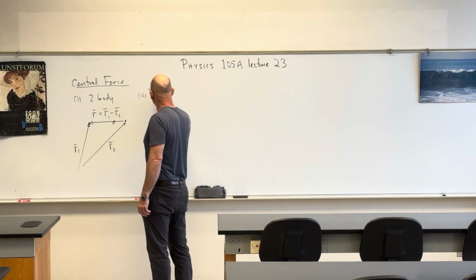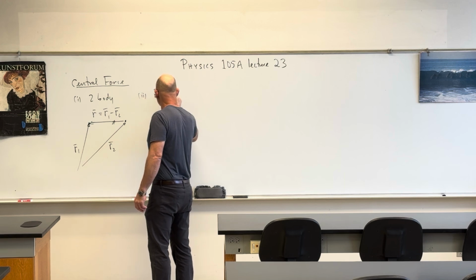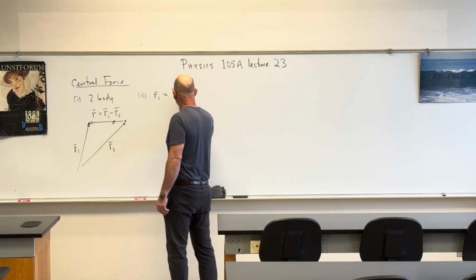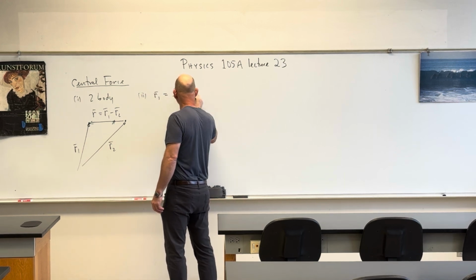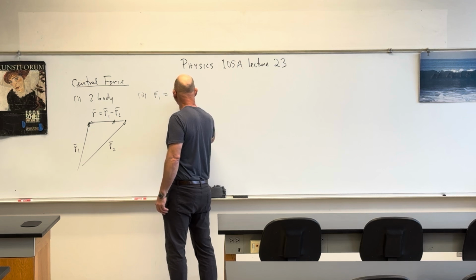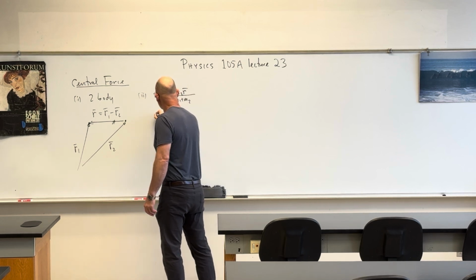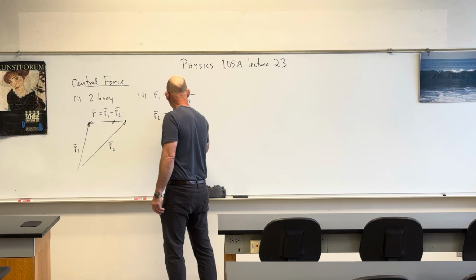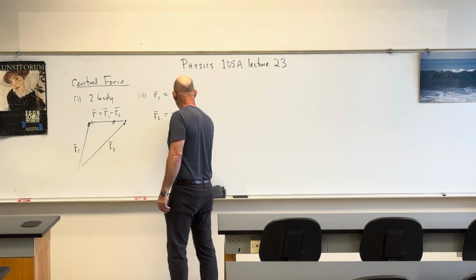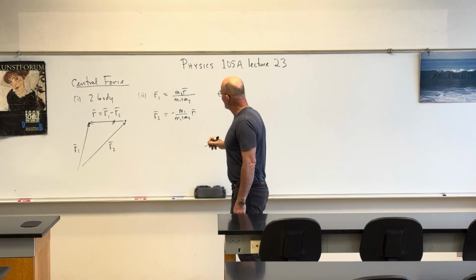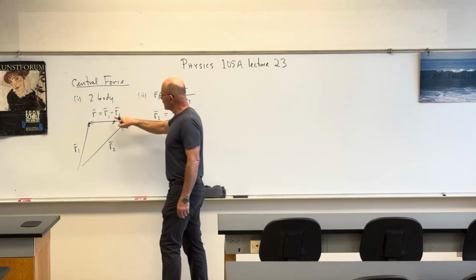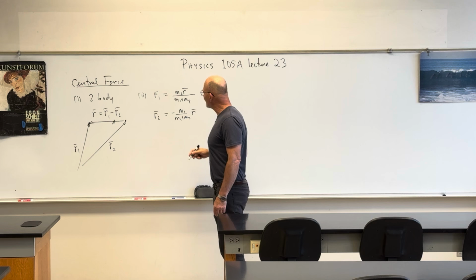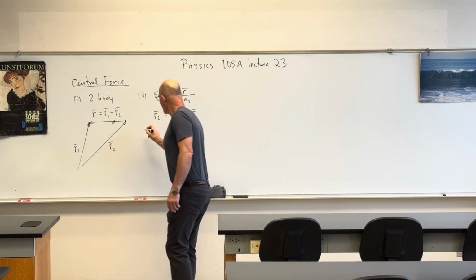Okay. So we did those two steps, and we end up with R1 is equal to M2, I believe. Check me on this. M1 plus M2. And R2 is the one that gets the minus sign. M1 plus M2. So we can express those two original positions in terms of the difference vector, and then we find that